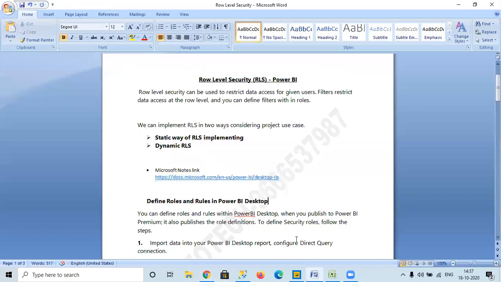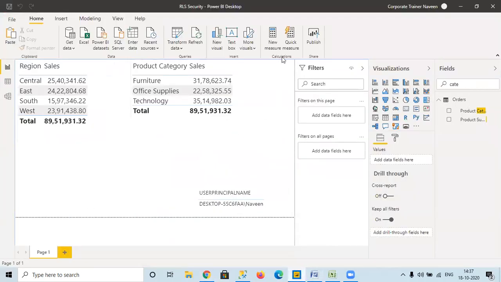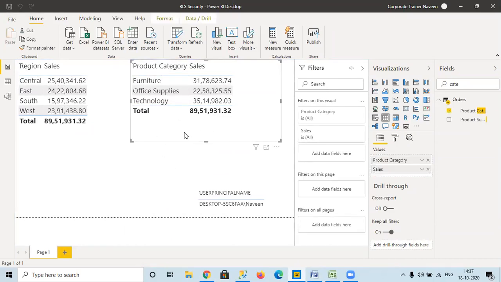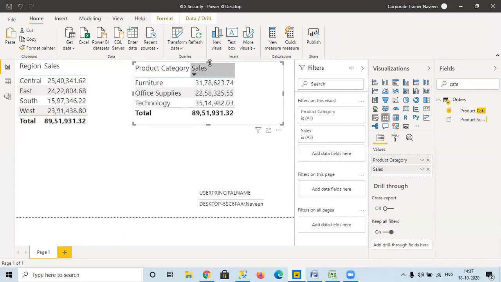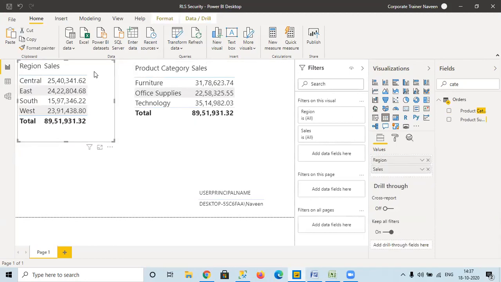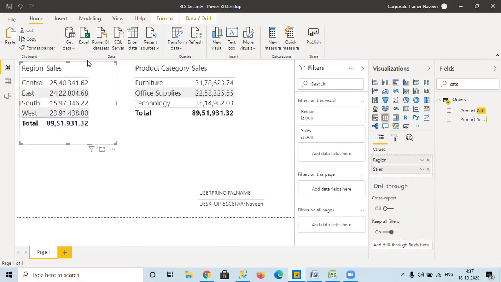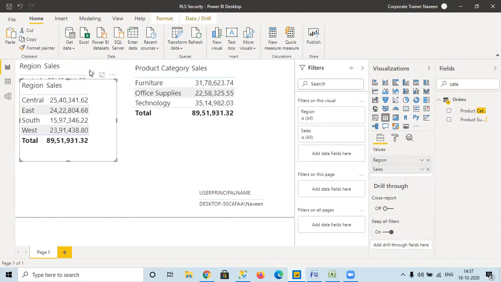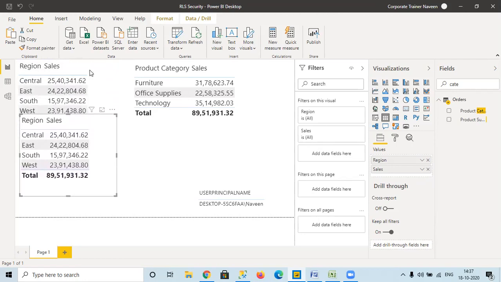Let's say I have a requirement. This is the Power BI workbook I have. We could see region wise sales, and product category wise sales. Similarly, let me copy it and take the same thing with profit.